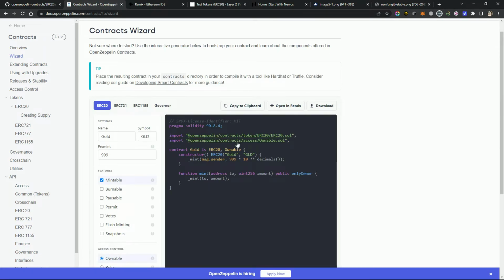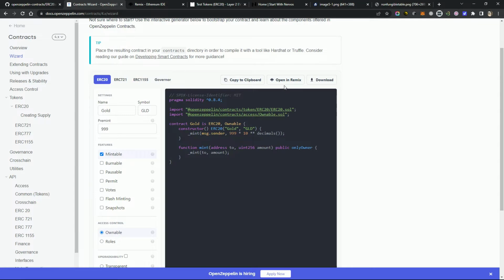Okay, so we basically have this whole contract done. And if we click open in Remix, it should open in Remix and have this here. Unfortunately, I find this doesn't work well for me for some reason. So I'm just going to go ahead and copy and paste this out. And you can click this link just to open up Remix for you. And let's just see what happens. I'll click it anyways. At least it has the link to Remix so we can find it,